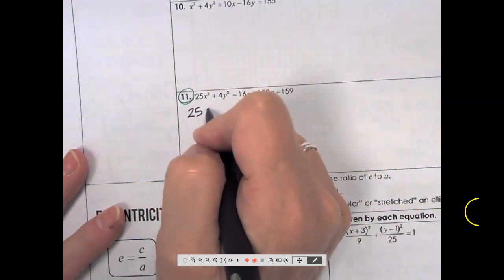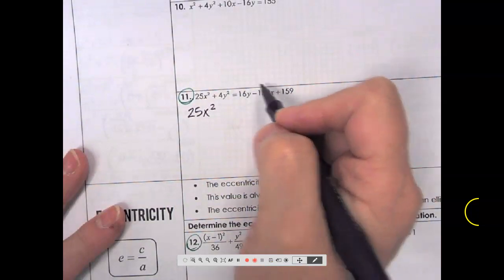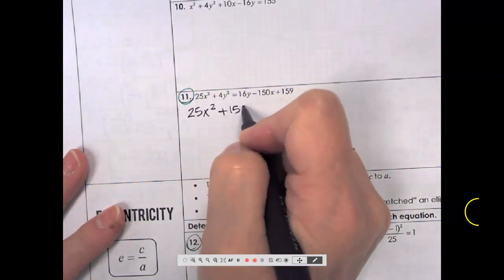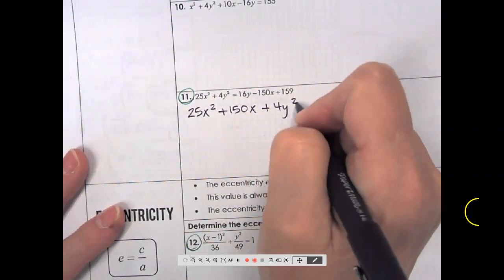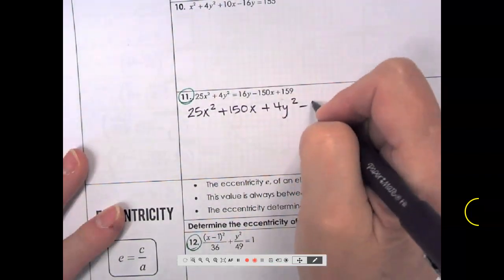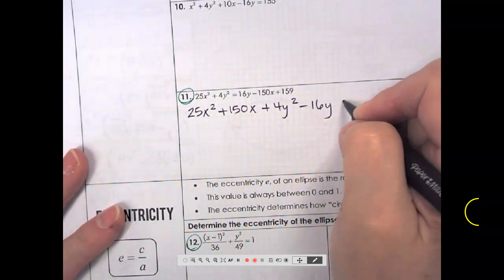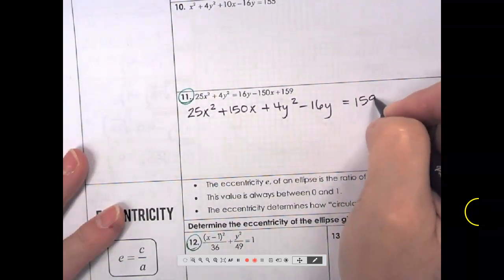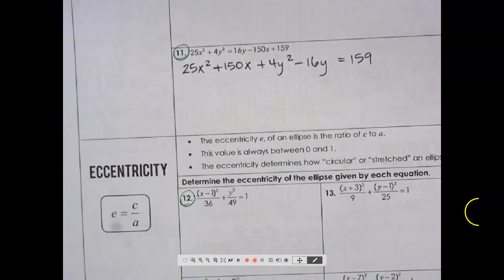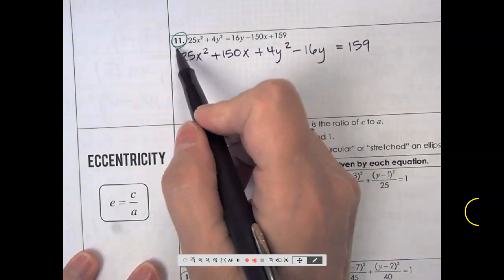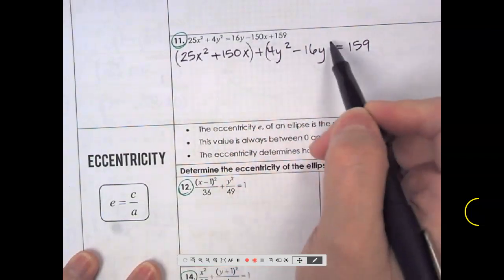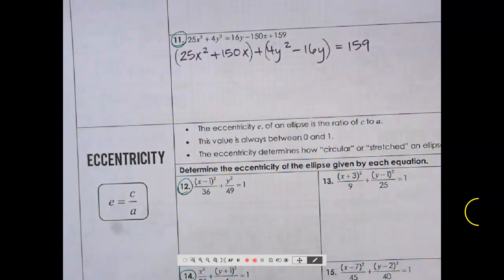So that will give me 25x squared, add the 150x over, plus 4y squared, subtract the 16y over, and leave the 159. Any questions so far? Okay, so we've already grouped the x's and we've grouped the y's together because I went ahead and wrote them